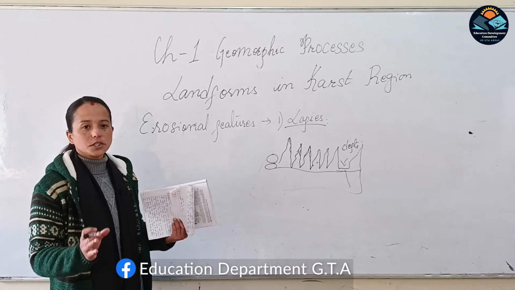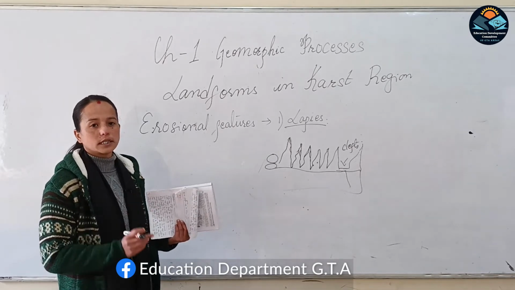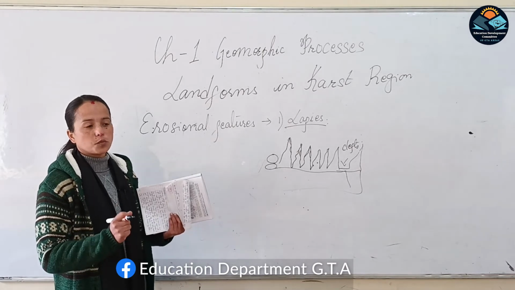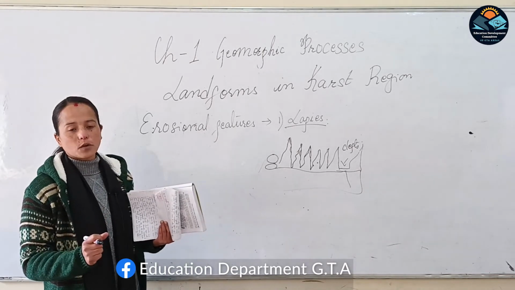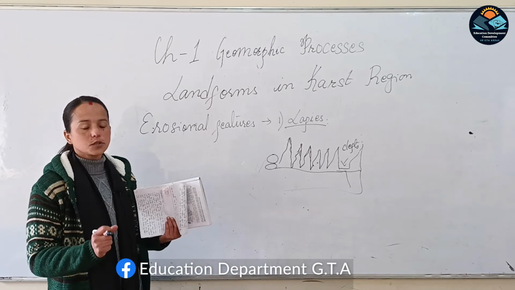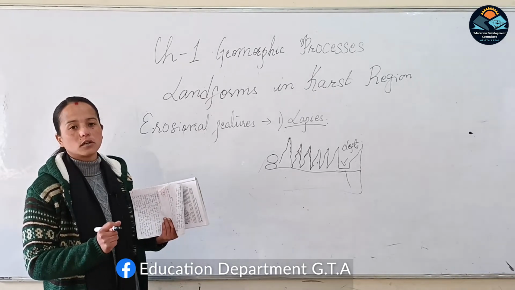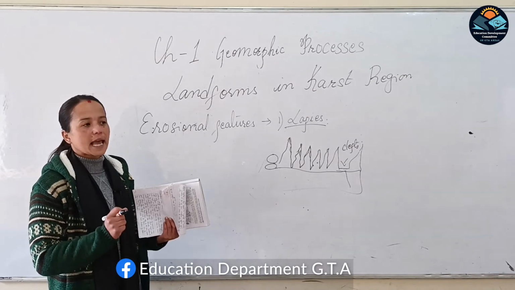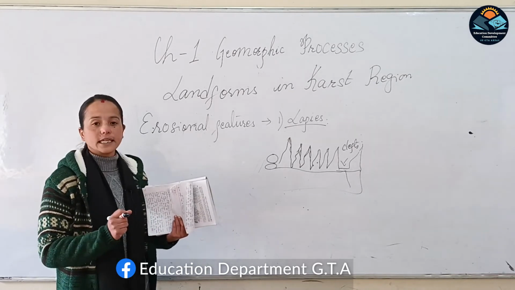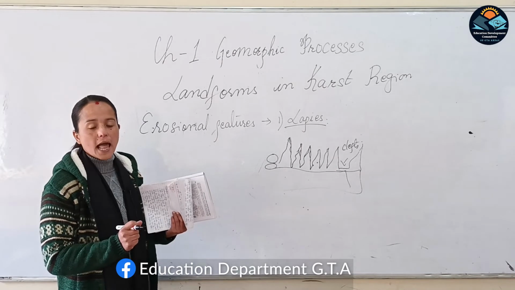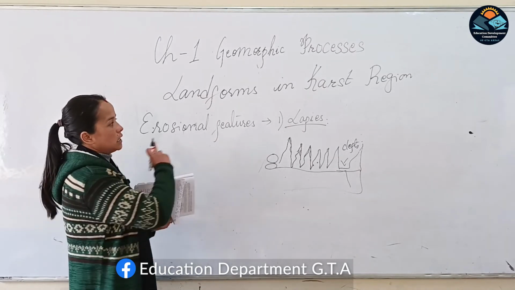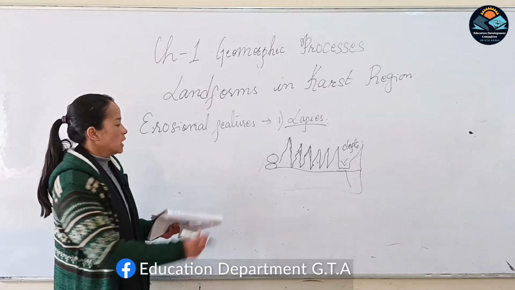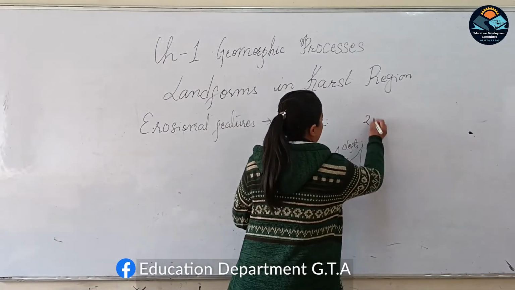So limestone contains calcium carbonate, and when calcium carbonate comes in contact with carbonic acid, it turns into calcium bicarbonate. That calcium bicarbonate can easily dissolve in water, and that will lead to the formation of different types of landforms. So the second one is the grikes